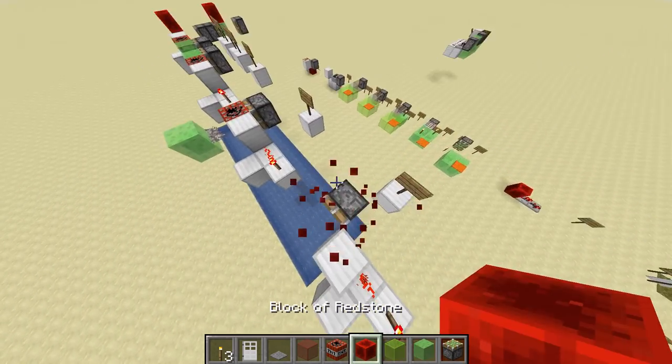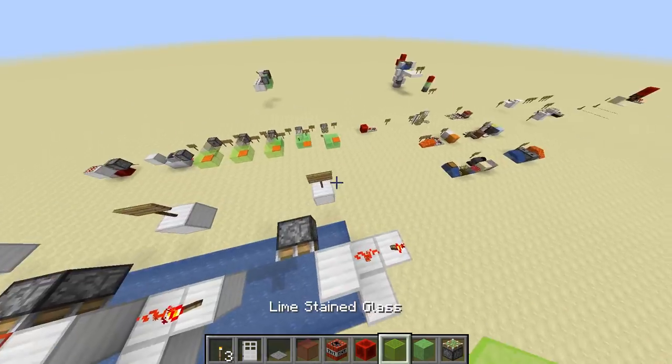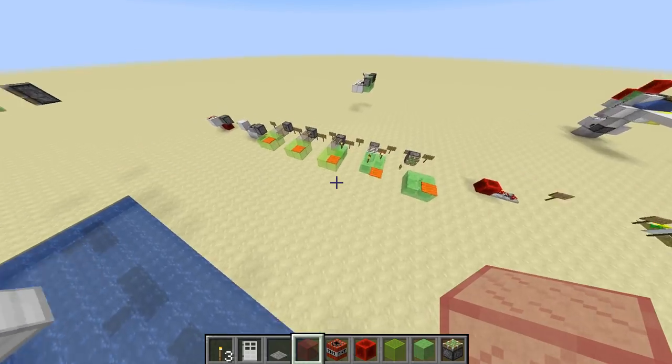We now got 2 TNT, as you can see down here. So this duplicated TNT and the other TNT only ignited because that is something stupid. Anyway, then another